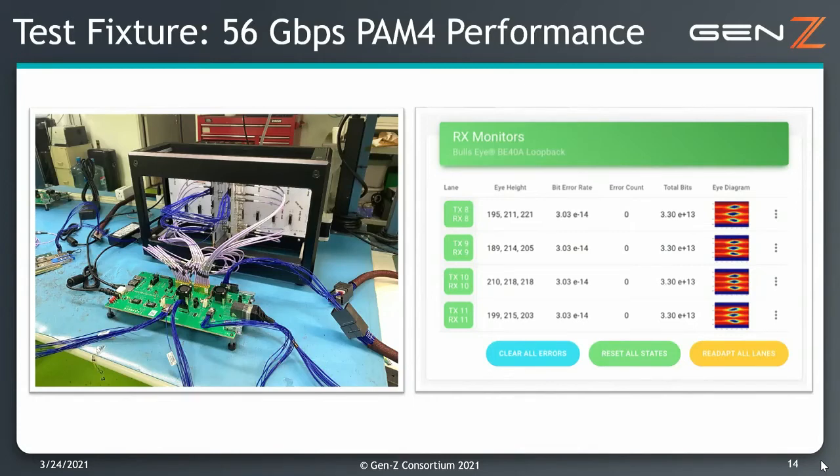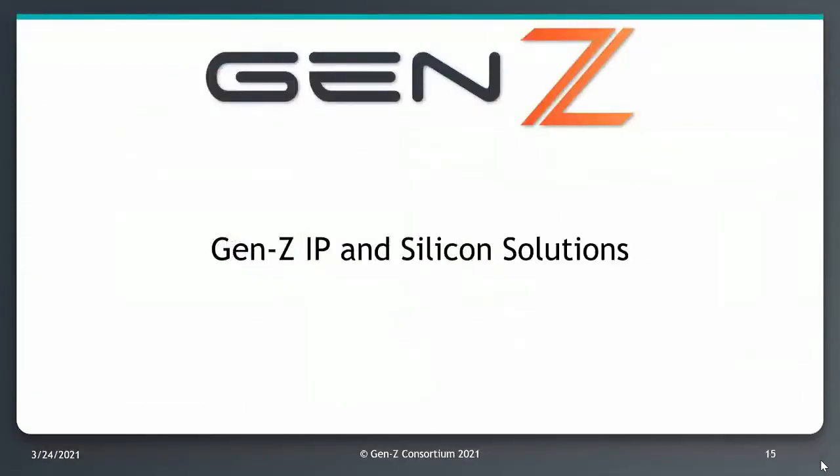roughly around 200 millivolts, with bit error rates across the entire channel around 3e to the 14, and you can see the total number of bits. For those interested in more information on this test platform, there are other webinars that the GenZ Consortium has put on that delve into the details of this platform in more detail. So, Tim, we've talked so far about the interconnect and some of the electromechanical infrastructure